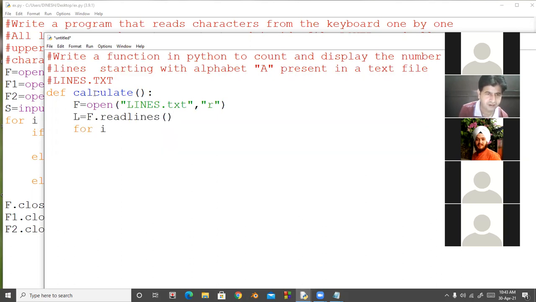For I in L, it means first line, then second line, then third line.